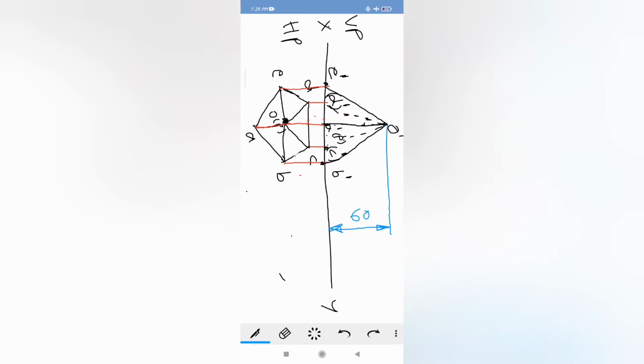And similarly, choose any one of the sides of the pentagon. What is the base side of the pentagon given here? 30 mm. Choose any one of the sides and give the dimensioning as 30 mm. I hope that everybody can understand this. If any doubt is there, you can WhatsApp me or call me directly.